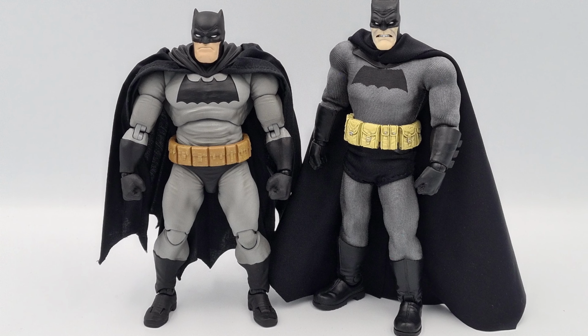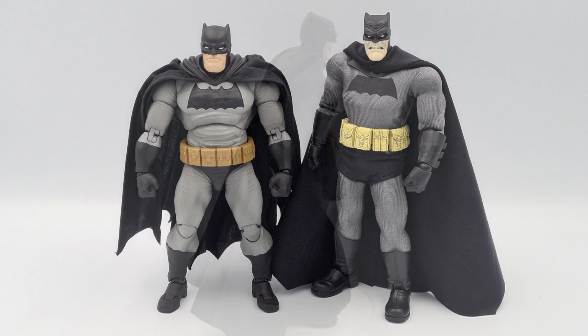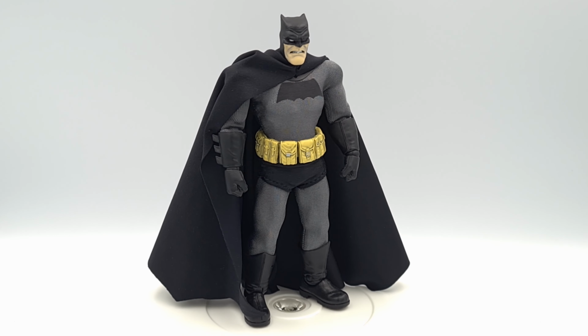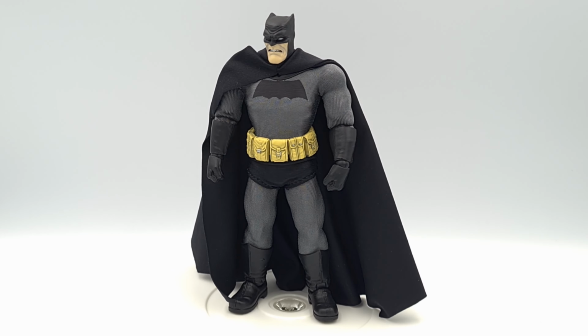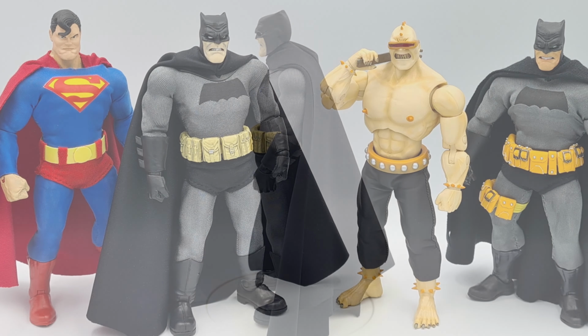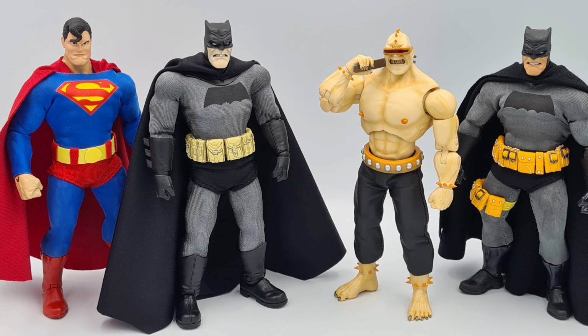I consider this action figure to be a Grail action figure, and I still am not able to get a factory version of this action figure. I bought this figure on the secondary market and I had to fashion a suit for him myself. The action figure captures the bulk and intensity of the Dark Knight Returns Batman, and it was an absolutely amazing figure, which is the first figure that Mezco ever produced, so it's amazing for how they started. It was so impressive